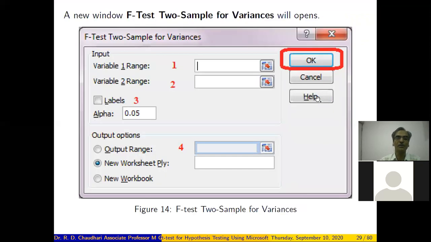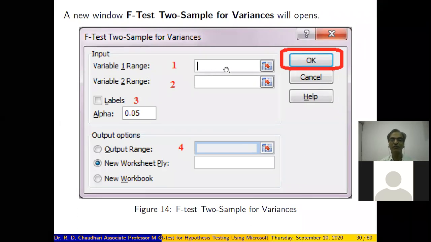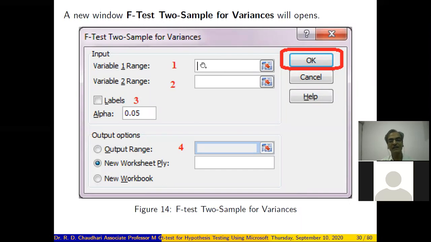Once you click the OK button, a new pop-up window will open about F-test two sample for variances. Now it is exactly similar to the one which we opened earlier for the one sample, two sample t-test. In the variable 1 range, we have to specify the data range for variable 1.